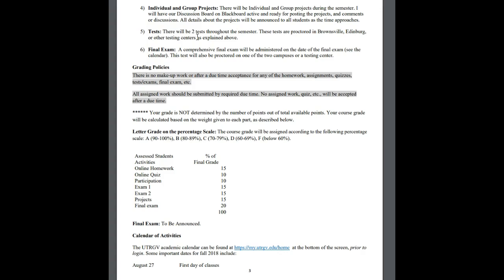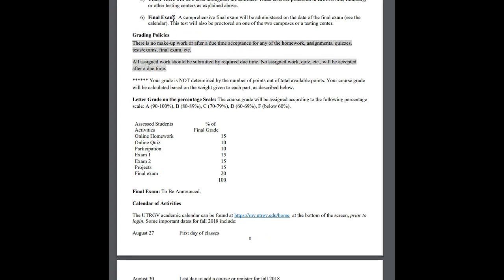We work together, and if you've made the arrangement, you will be able to take it at the testing center and they will proctor the test for you. The final exam is comprehensive and will be administered on the date of the final exam. This one is also proctored either on the 2 campuses or at a testing center.